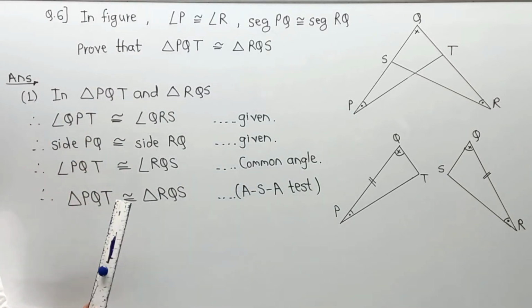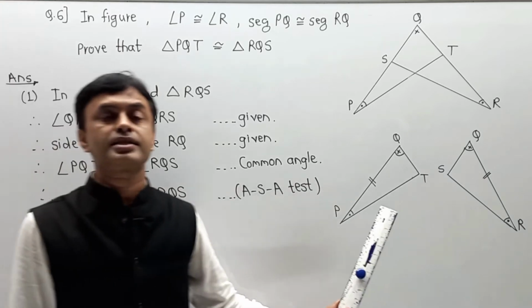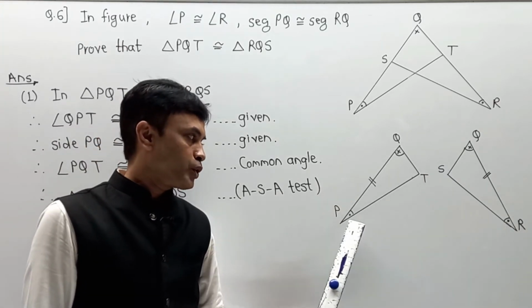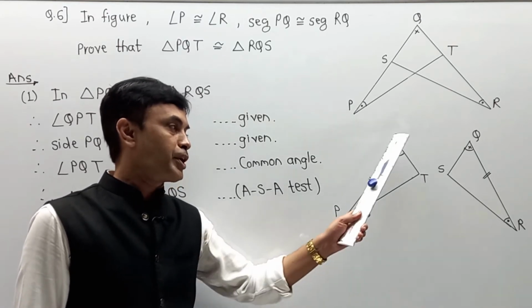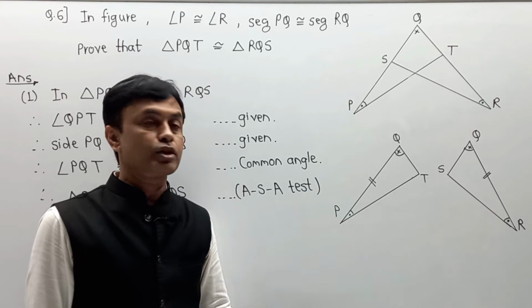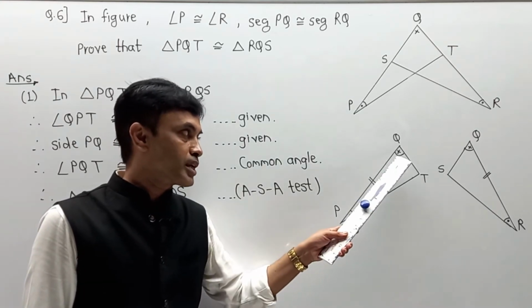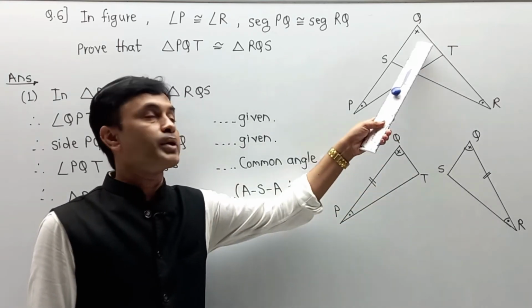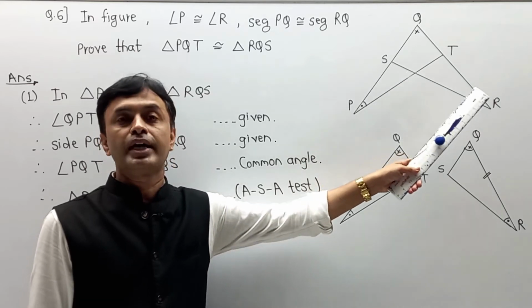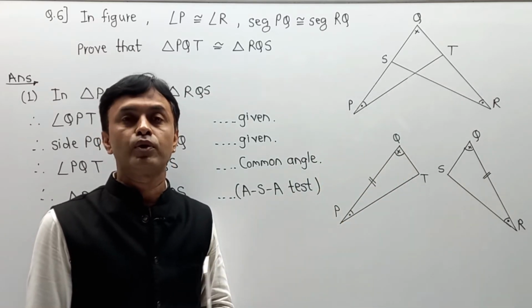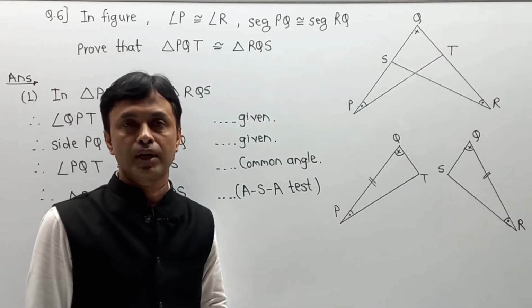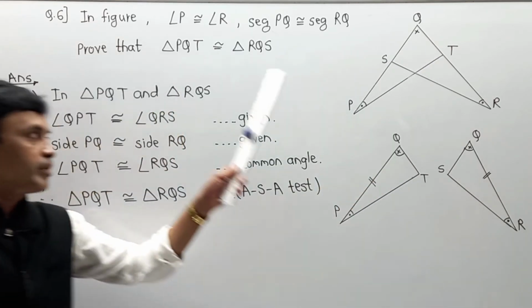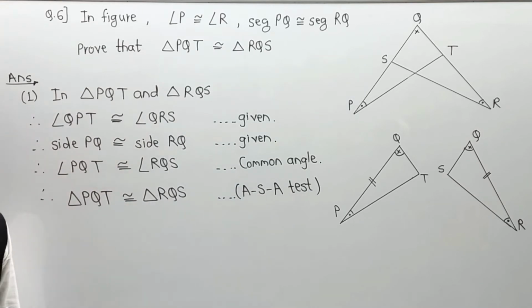Remember, the speciality is not over here, the speciality is understanding a diagram. You know that angle P is equal to angle R, they have given. Side PQ is congruent to side RQ, they have given. Just you should understand that angle Q is common in both the parts. Sometimes we cannot identify two triangles because we observe the diagram as a whole. So separate the parts and clear your doubts, and that is a very simple trick when you are going to solve any kind of numerical.